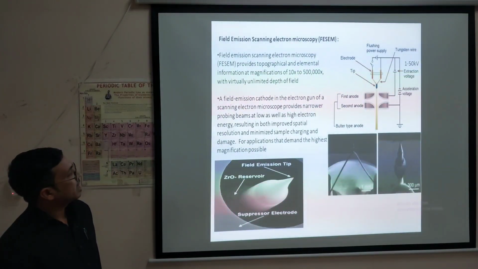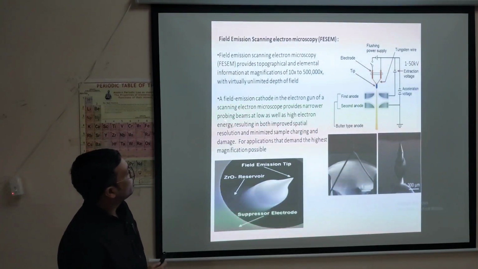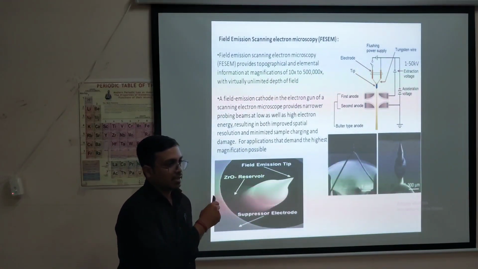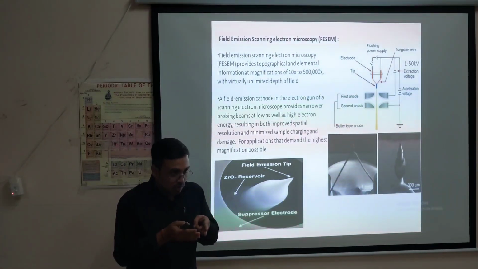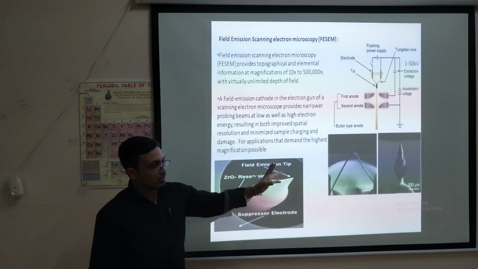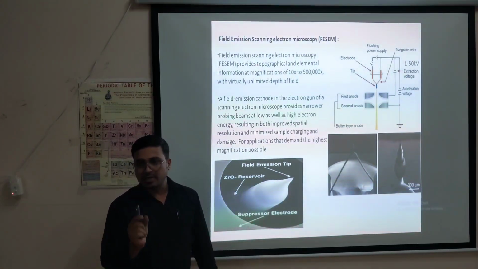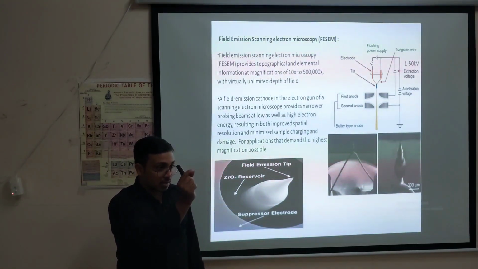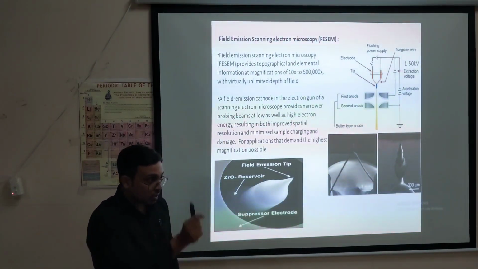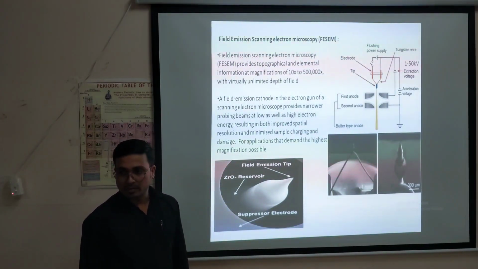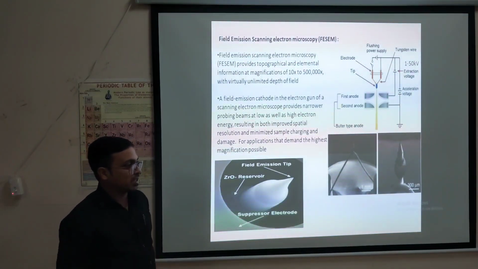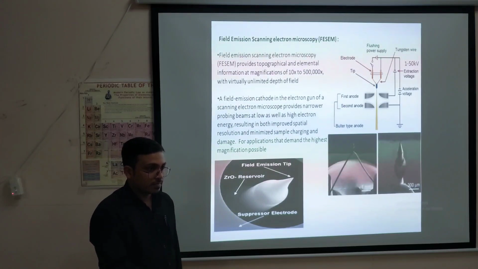Scanning electron provides a narrow probe. Okay, this narrow probe, initially also I have written that in the first slide. Narrow probe means the point from which electron is coming. I will show you one slide in which you will find the width of that region from which electron is actually coming and hitting the sample. The electron probe is very narrow in case of your FESEM, so it will be more focused.